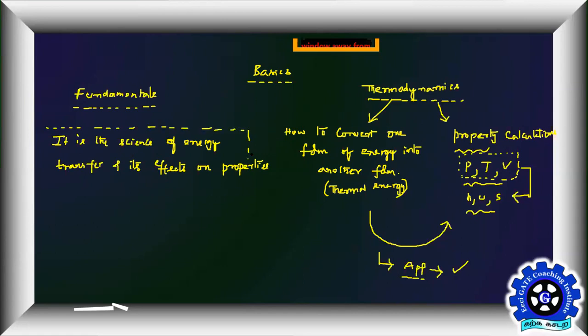So basically, you are seeing the same kind of words here. One is energy, the second one is properties. So under thermodynamics, you are basically concentrated on energy and properties, and how to deal with these two types of quantities. If you know how to deal with these two, the thermodynamics will be over. Is it clear? Everybody understood?